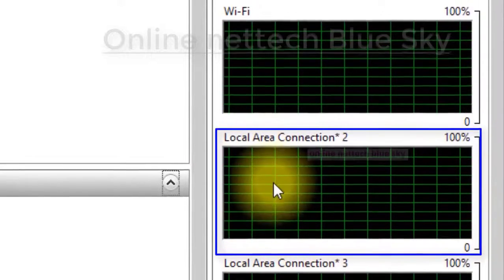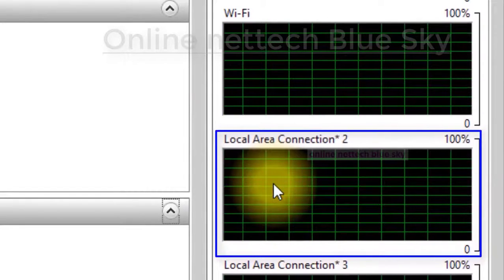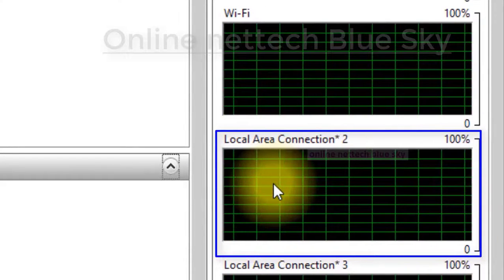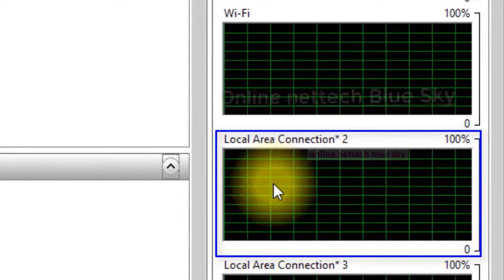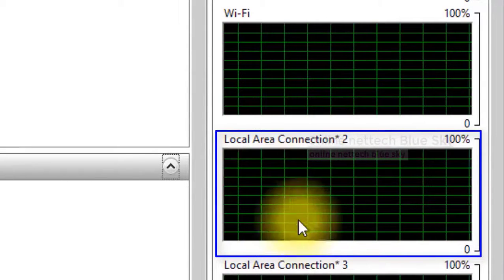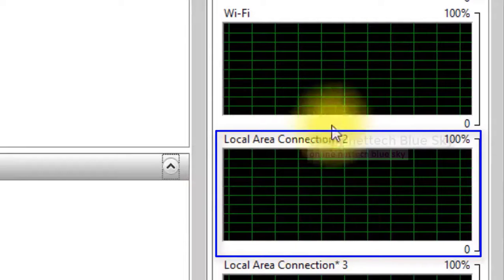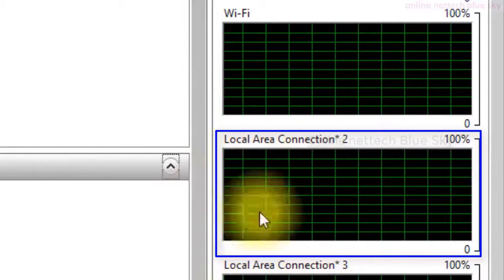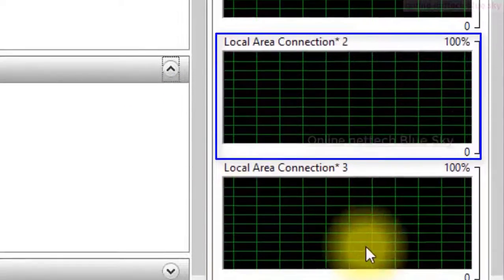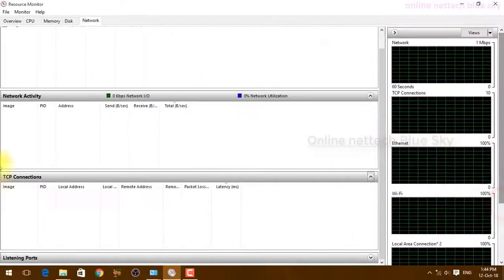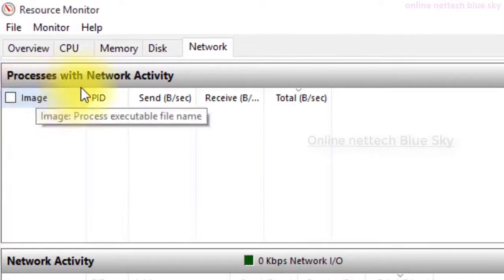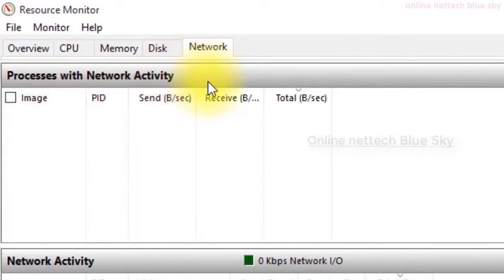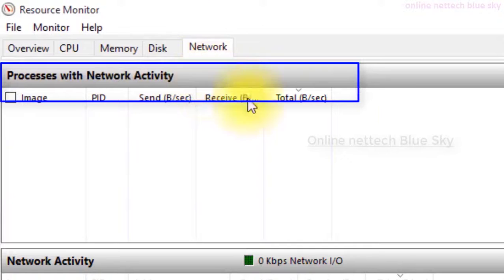There is also local area connection. I have already created two tabs of network in my computer. Your system may show these tabs, but at this time nothing is showing because I am not connected to the internet, so there is no process or network activity.